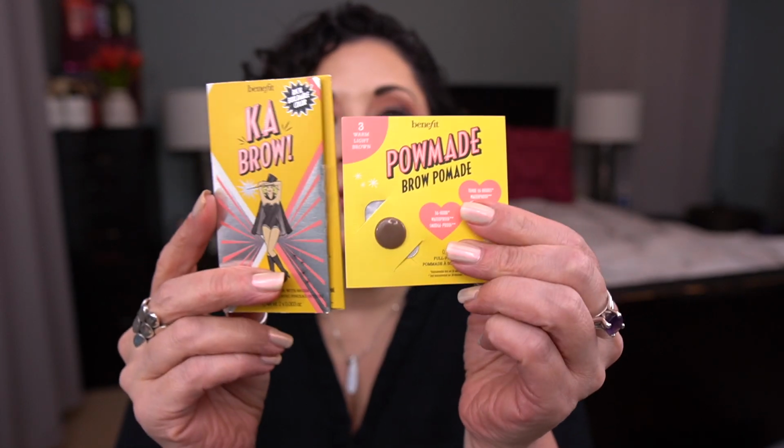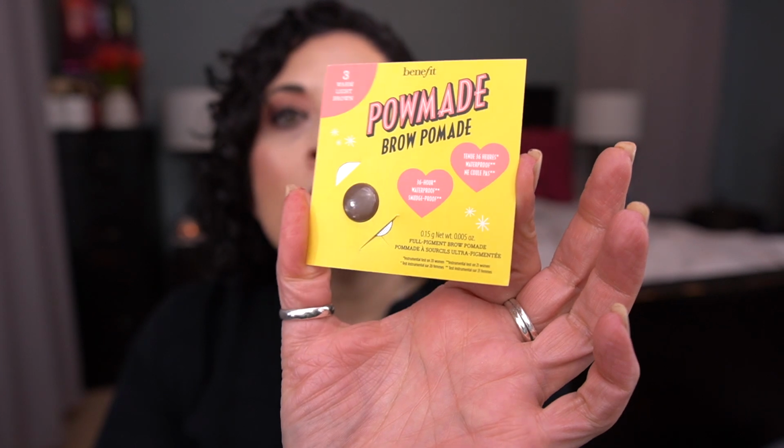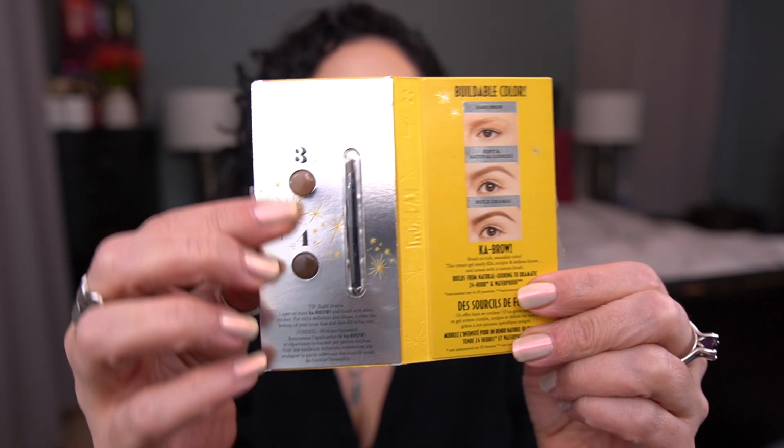Okay, I have two of like Benefit products. The first one is the Benefit Pomade, Brow Pomade. And I have the shade number 3. Okay. I need to make a decision about these two. Then I have the Cabral. And this has the shades 3 and 4. Okay, I'm going to pick one of these. And let me just pick...